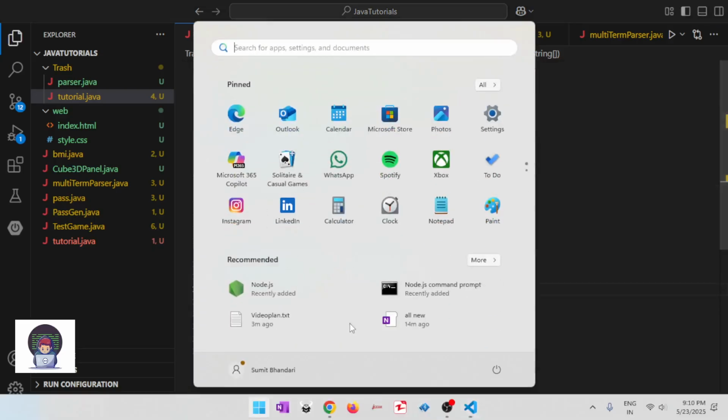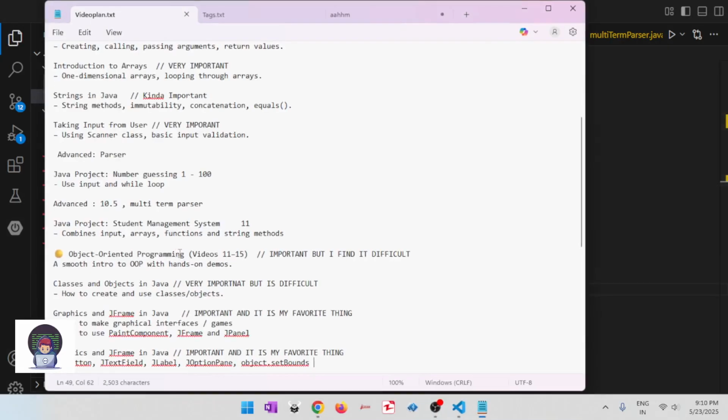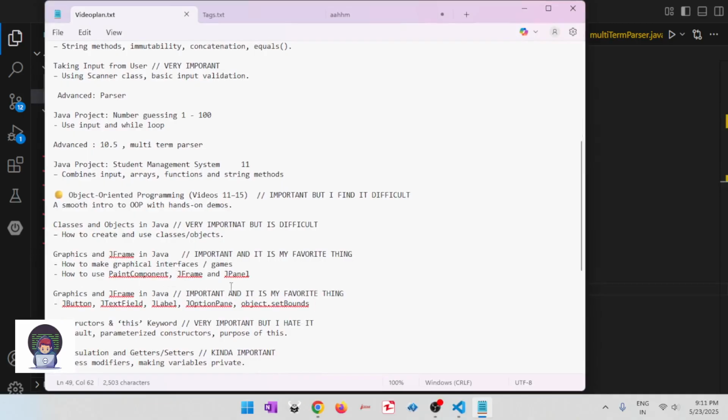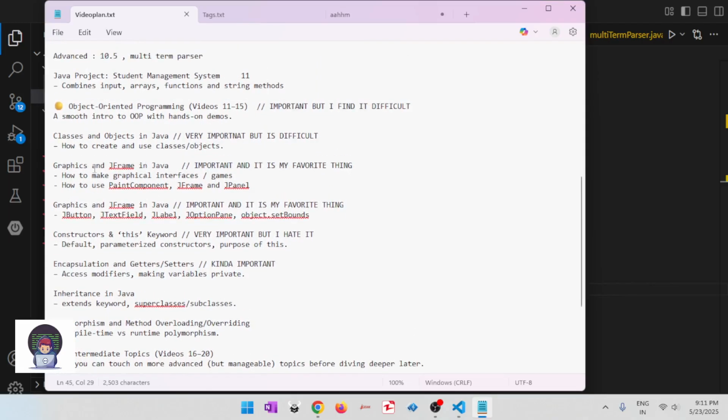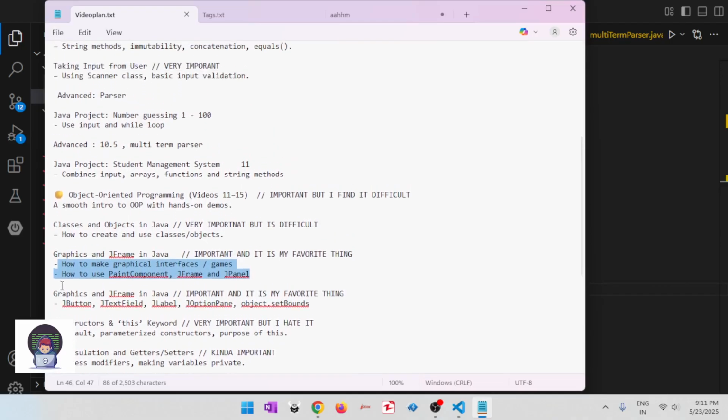So let's just look at tomorrow's syllabus. Oh my god, I would love to show you guys how to make this. When I started Java, I loved this so much. JFrame and graphics. I wanted to create a game, and I searched on Google how to create a game in Java, and it said if you want to create a normal 2D platformer, very basic, just start with Java X Swing, and I did it.